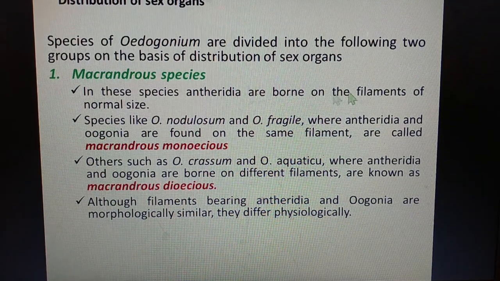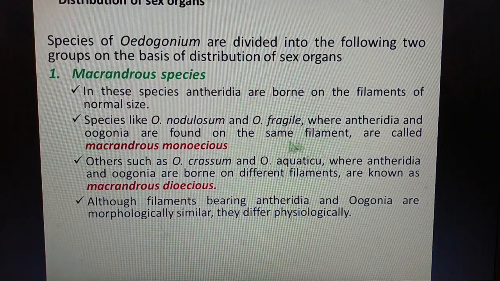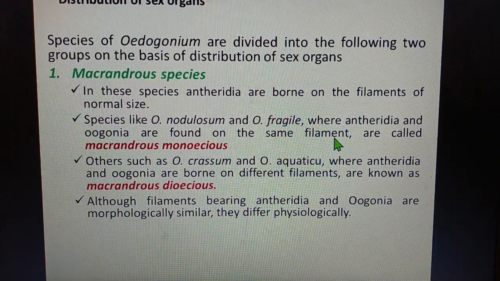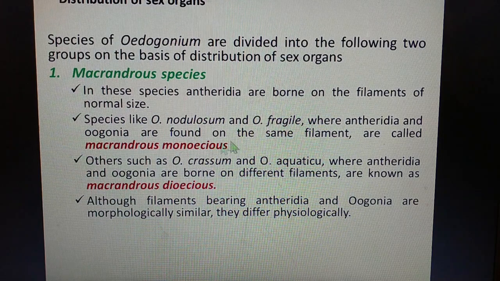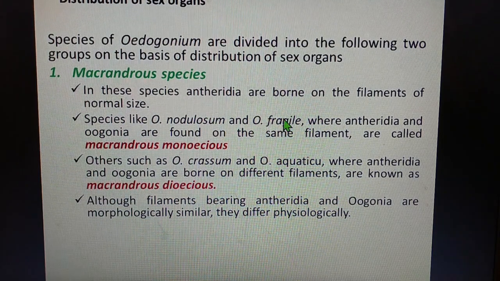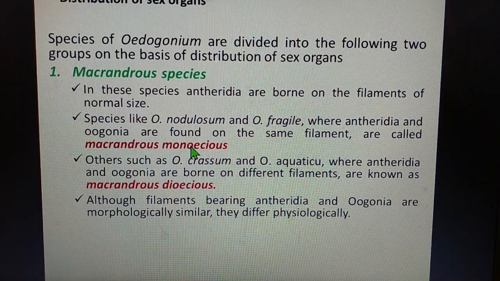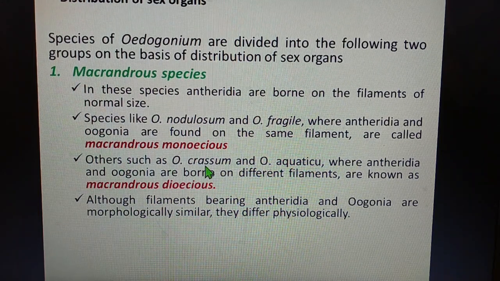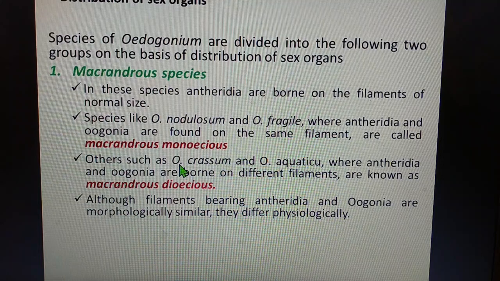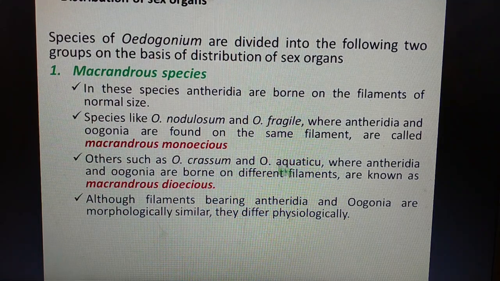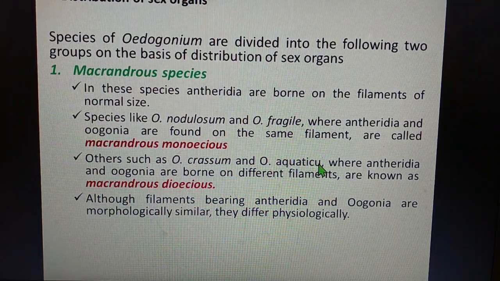In species such as Oedogonium nodulosum and Oedogonium fragile, the antheridia as well as the oogonia, the male and the female gametes, are found on the same filament. Those found on the same filament, as in these two species, are referred to as macrandrous monoecious species, whereas some other Oedogonium species such as Oedogonium crassum and Oedogonium aquaticum,